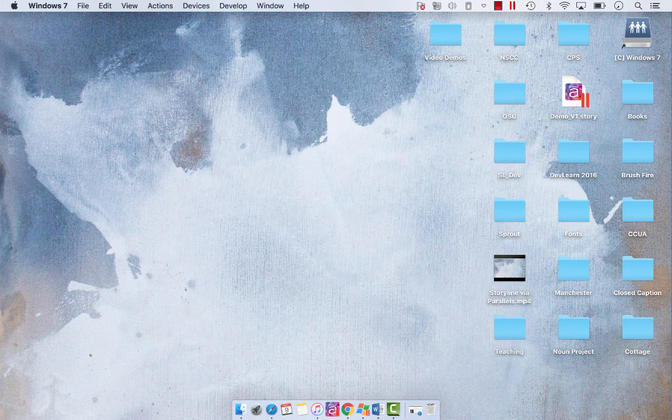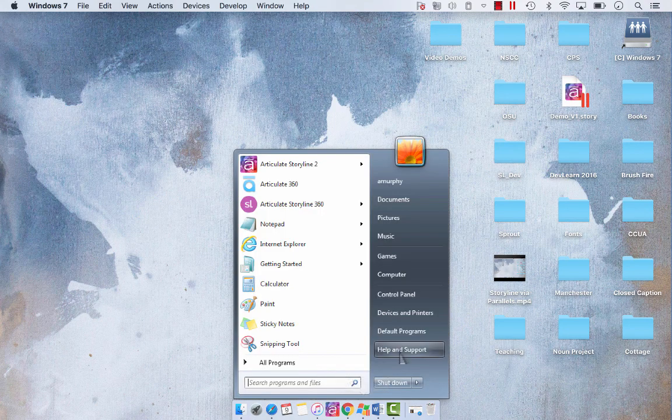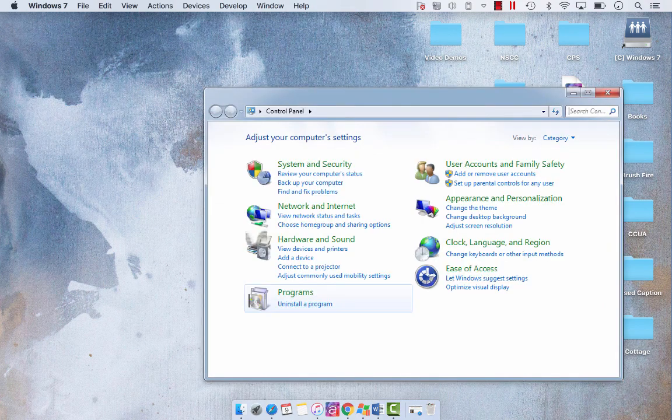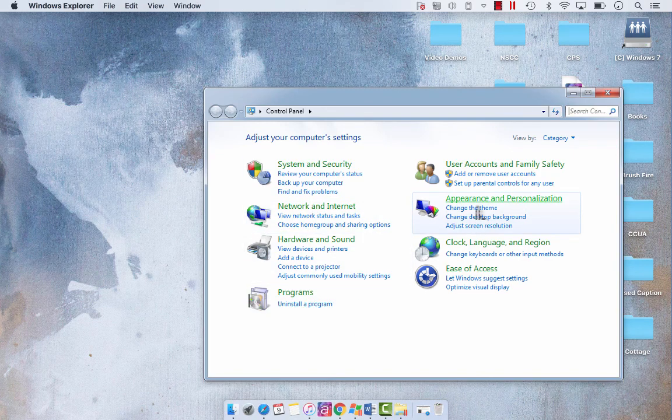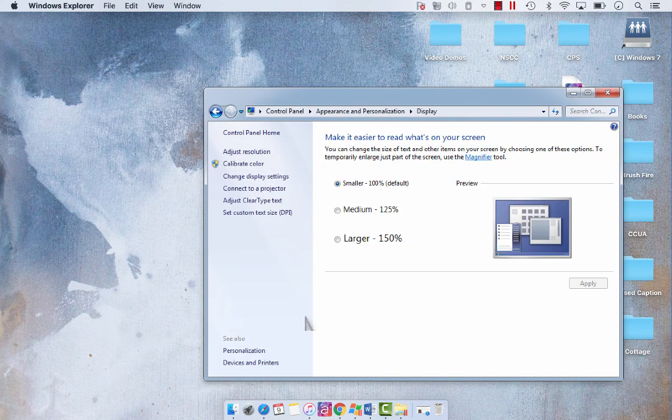Now, another thing that you want to look at when you go to your Windows settings is select Windows. We're going to go into our control panel. We are going to go into appearance and personalization, and then we're going to go into display. Now, if in the configure options it's set to optimize for Retina display, you'll notice that